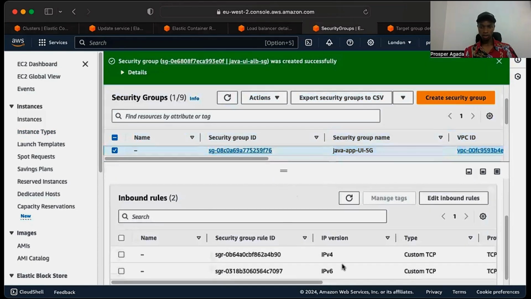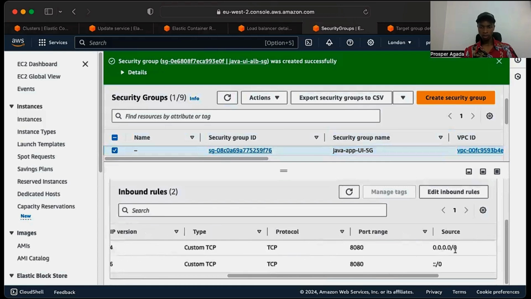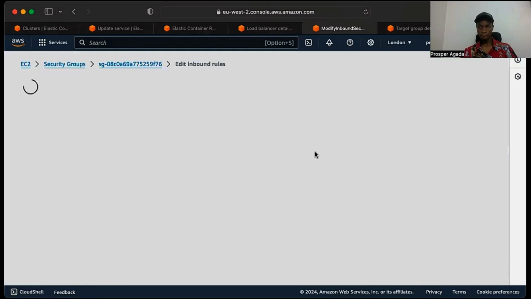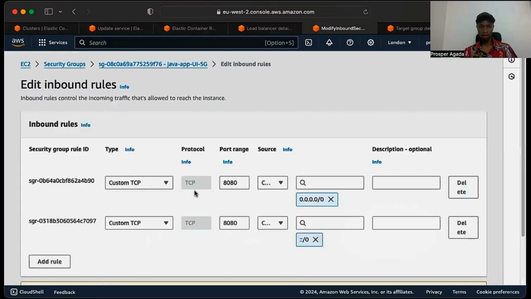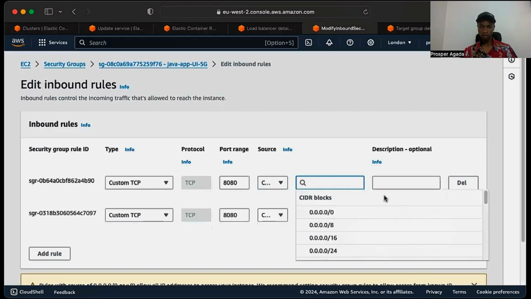So to follow best practice, I'm going to edit this and make the source be my load balancer. I'm going to say custom TCP,